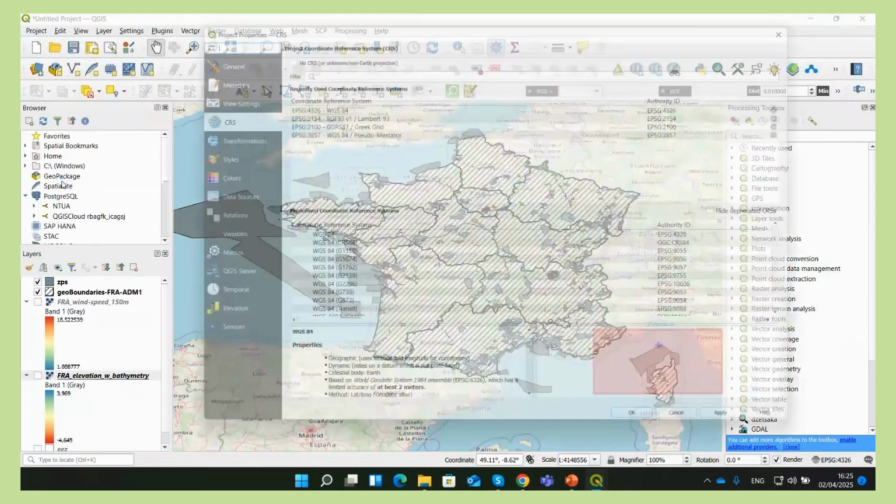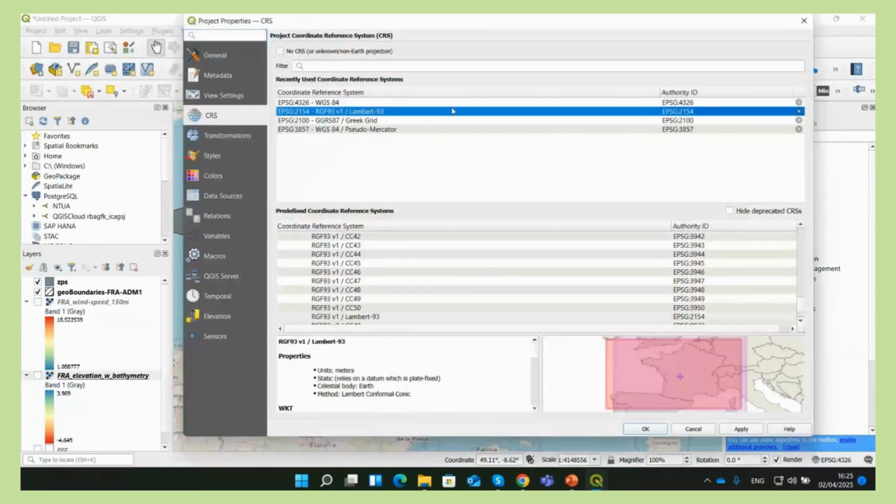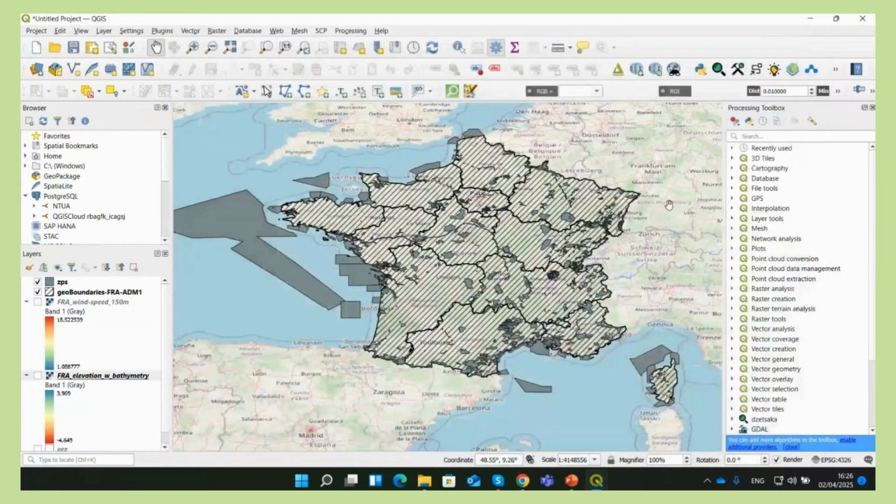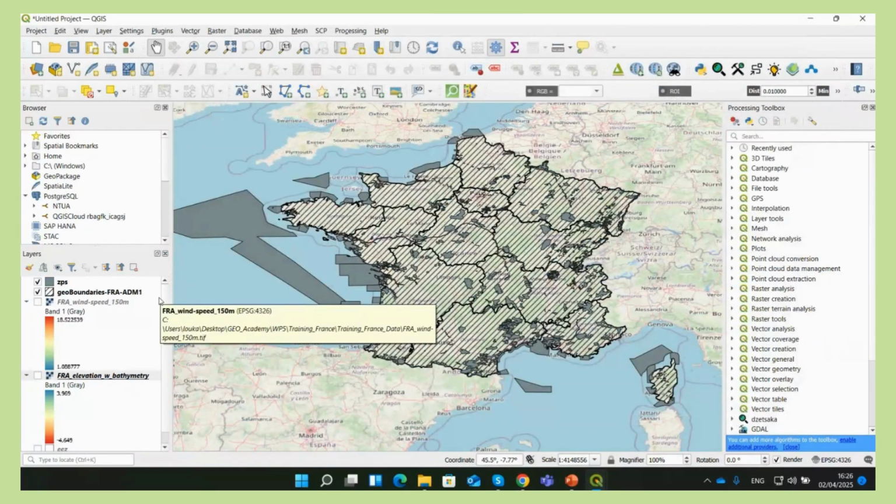Properties here. And for France, it's the EPSG 2154. So we want to transform everything to this projected coordinate system. You don't have to do that. We did that already, and we sent you the data, because when you see the geo boundaries projected, reprojected in